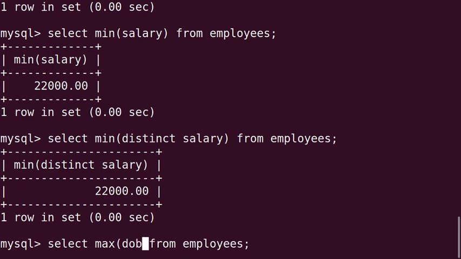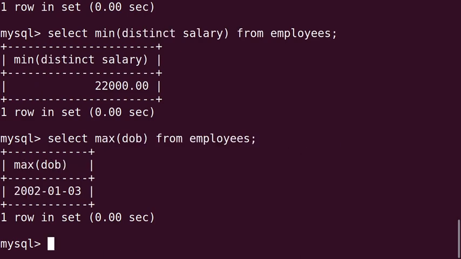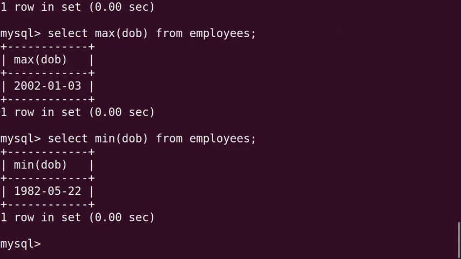Suppose DOB, maximum DOB, if you want to find out, we are getting the date of 2002, and similarly with min function if we try, we are getting 1982.